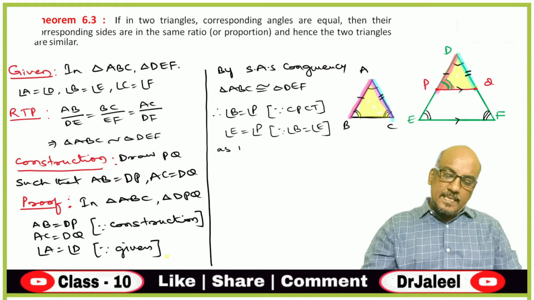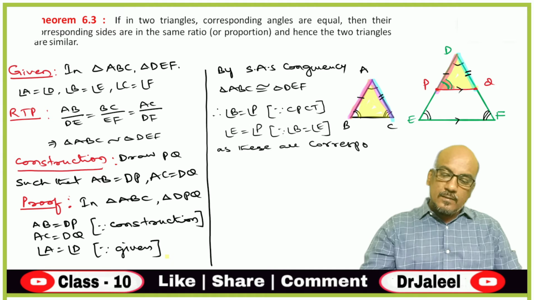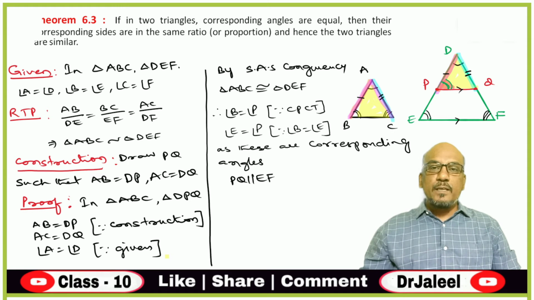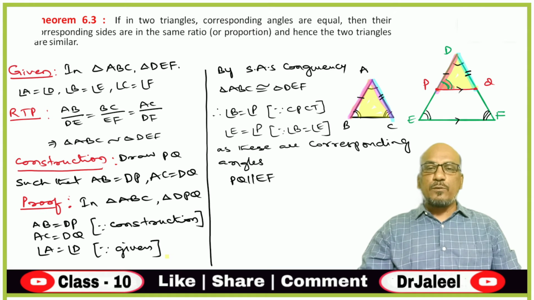So, as these are corresponding angles, you can say that PQ is parallel to EF. So you got PQ is parallel to EF. So children, we have completed the second step of the proof, that we have proved PQ is parallel to EF. Now next,